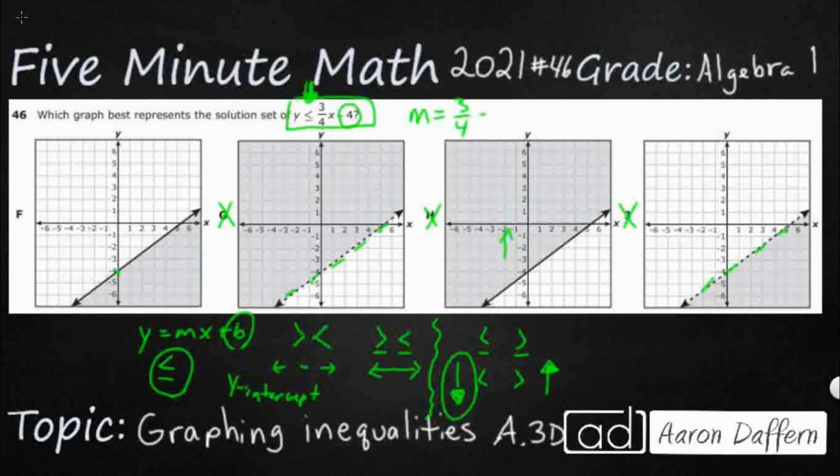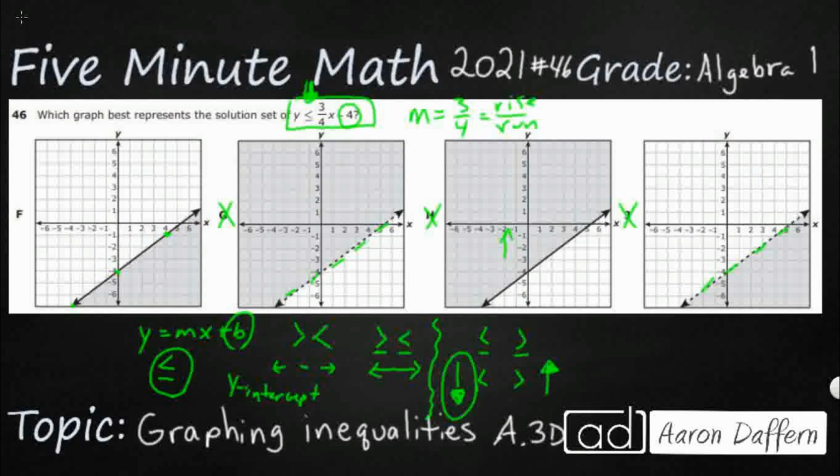is our slope. Remember, that's rise over run. So let's just go both ways here. Remember, it's supposed to go up 3, 1, 2, 3, and then over 4, 1, 2, 3, 4. So there's another line right there. 1, 2, 3, and unfortunately we're off the chart if you're going up, but if you go down, we might be able to get it. 1, 2, 3, 1, 2, 3. Nope, we are off the chart there as well. It's right on that edge right there. So